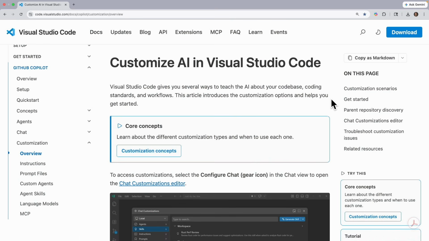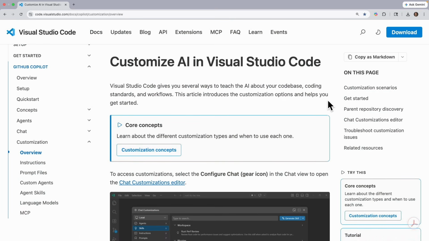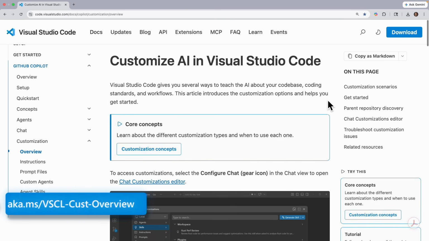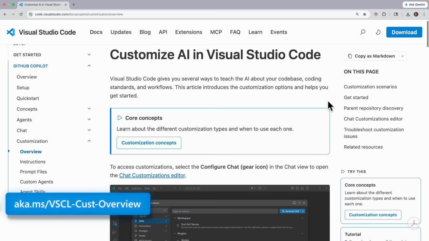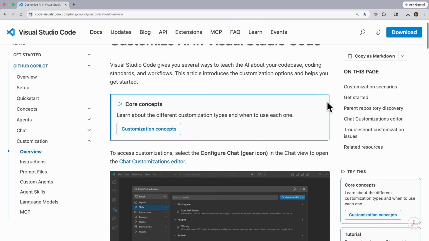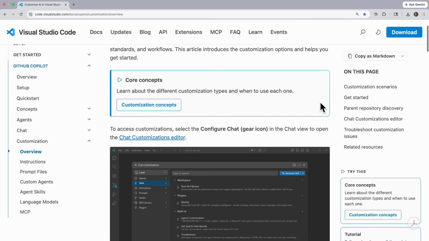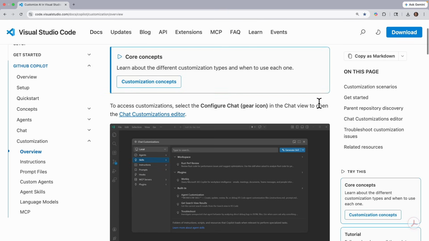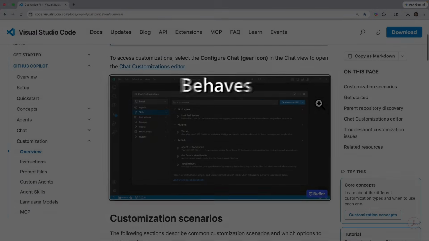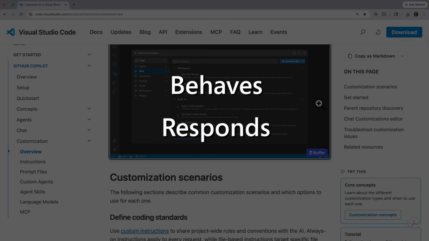So let's talk about what customization is and why it matters. Now, here we are on the VS Code docs website, and there's a good amount of information regarding customizing AI in VS Code. In short, customization in VS Code Copilot chat lets you tailor how the AI assistant behaves, responds,